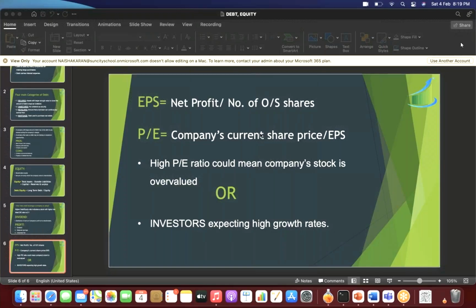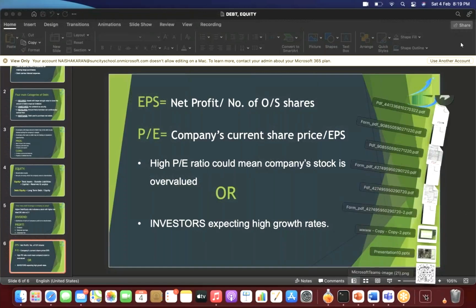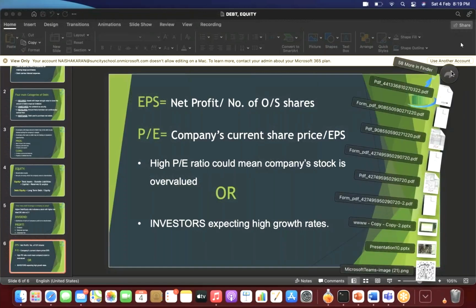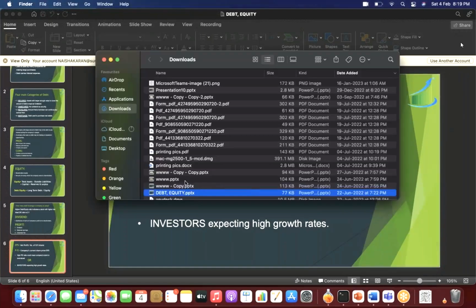Now, I would request all of us to go through whatever we have done till now, and then I have prepared some ratios for you. I want you to calculate it. I want you to analyze it. I am opening that slide for you. Just give me some time, and then you can analyze that slide, and let's see how you analyze it, and then we can discuss that.